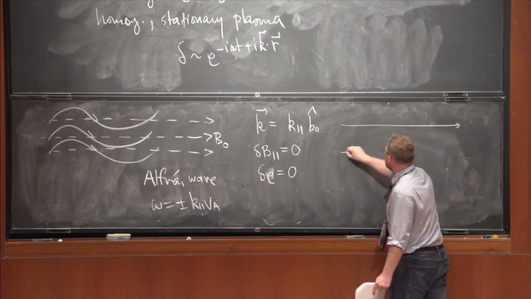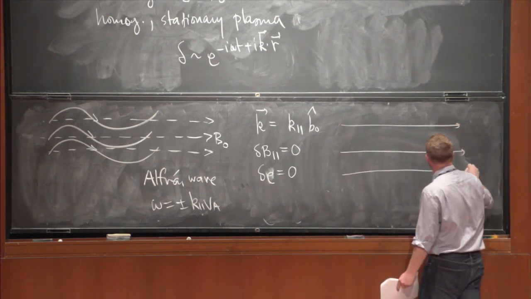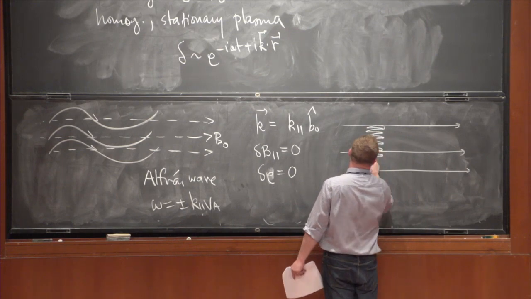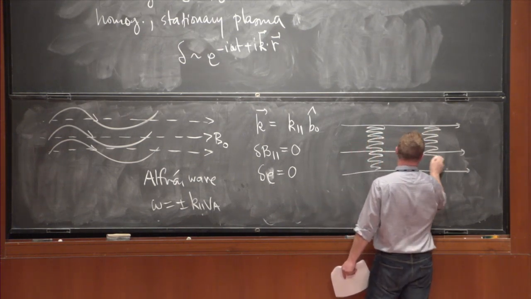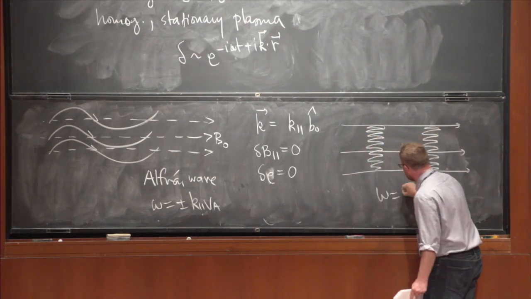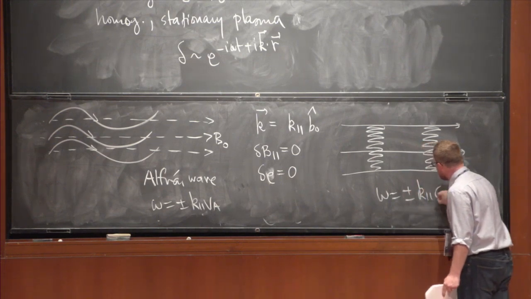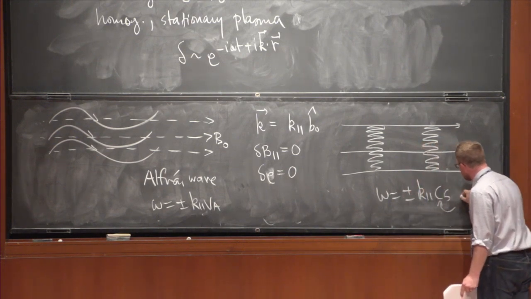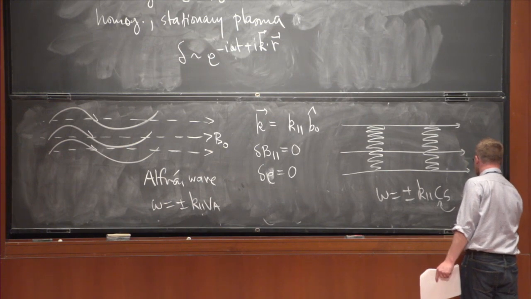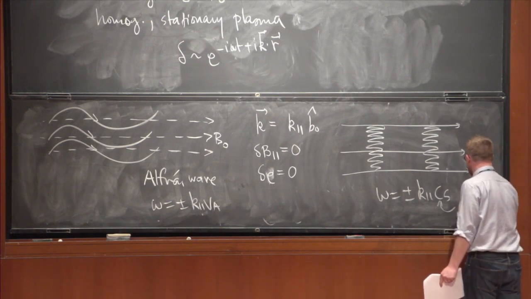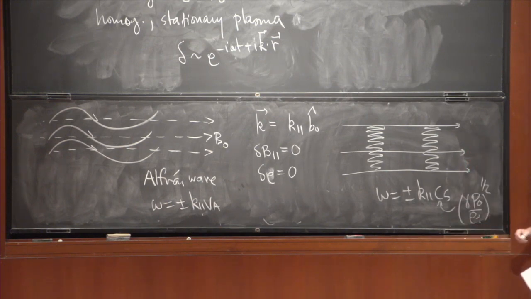You can also just have a bunch of field lines that don't move, and you can put compressions here and rarefactions, and compressions here and rarefactions, and then you just get a sound wave where this is the sound speed. So the idea here is that you've just made a bunch of compressions in the fluid, in the pressure, that launches a wave, and the magnetic field lines just don't care.